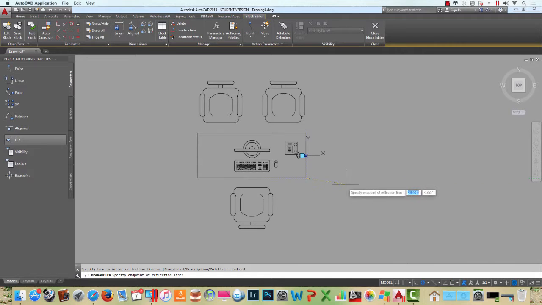And now again, notice that I have this dotted line. This will be my mirror line. So where do I want this desk set to mirror? Well, I want it to mirror straight up and down on this edge right here. So I'll just click there again, and then I'll get this little piece of text which is flip state number 1. I'll put it in there just like that,